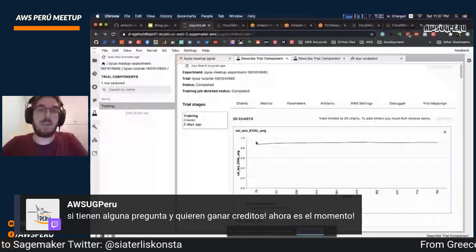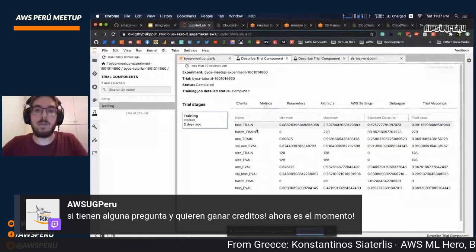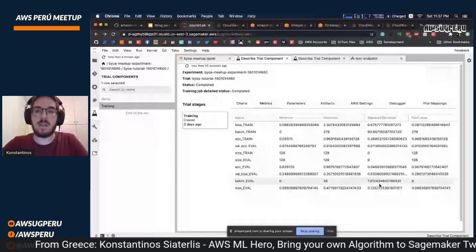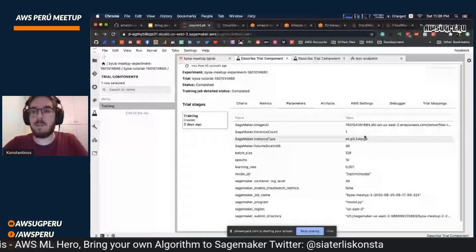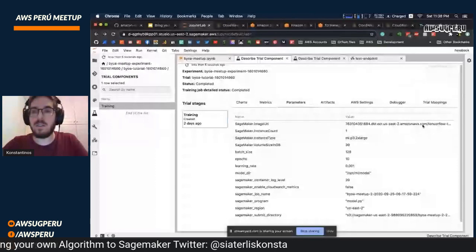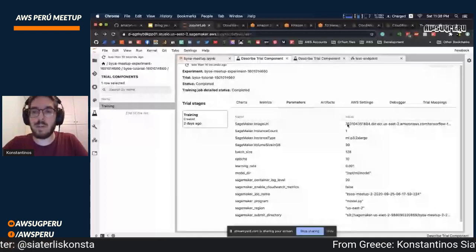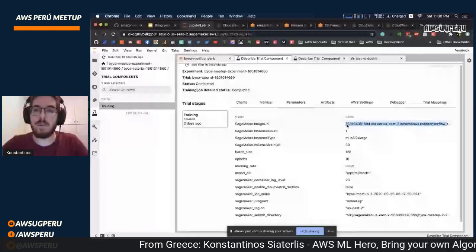But this is not the only thing that you can do here. You can see the final metrics of your model. You can see the parameters that you passed. Here, for example, you see that SageMaker uses a Docker image, a TensorFlow Docker image. So that's why you can build your own Docker image and run whatever you want.